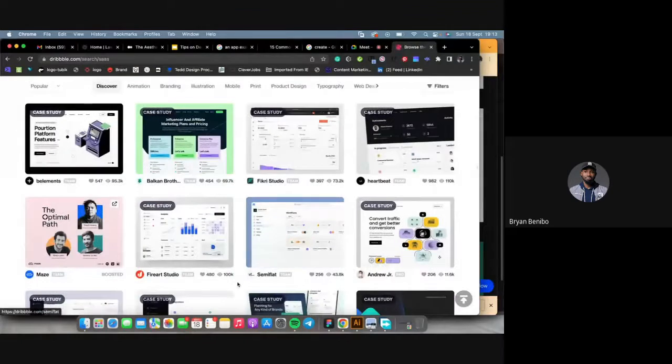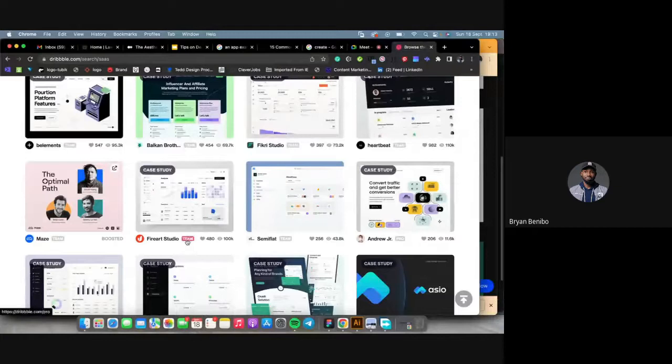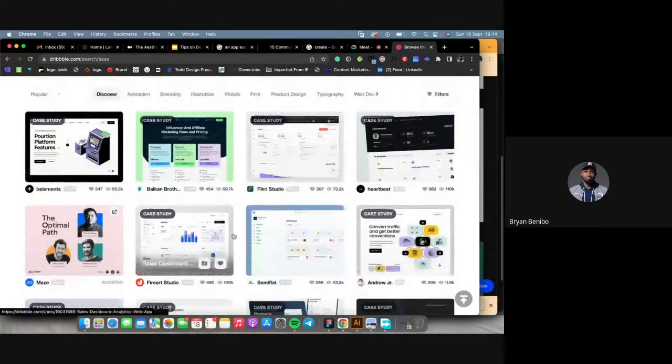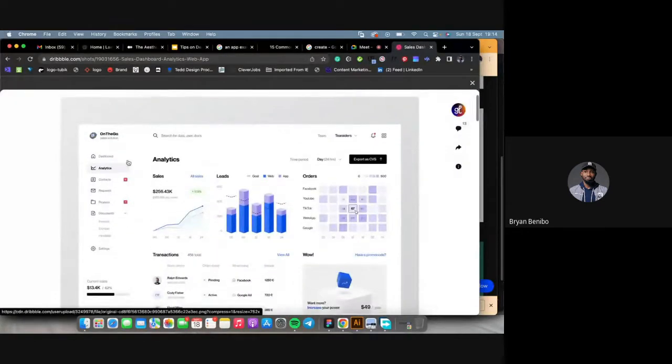These are obviously from professionals. You can see they are indicated as teams. So for you to start your design, you do well to come and look at these, get inspiration, see how they work, see what's going on, see how they use their whites and their grays, see the way they use contrast, see the way they use hierarchy. Do you understand?